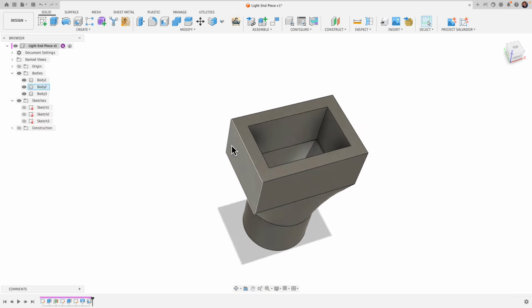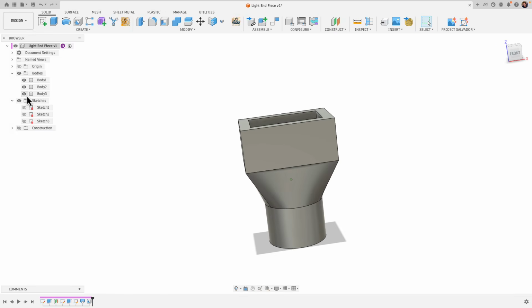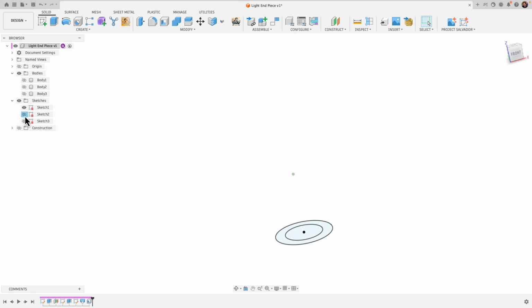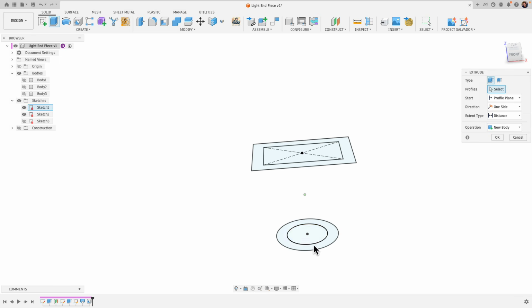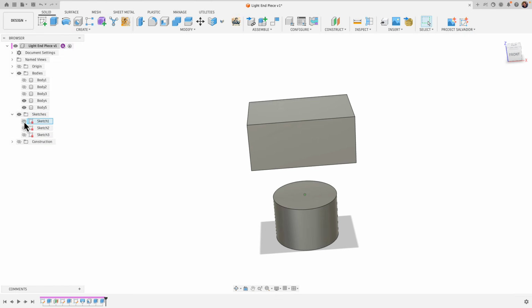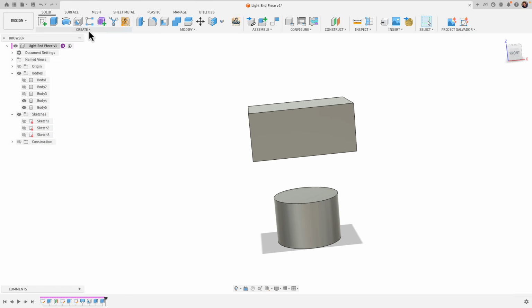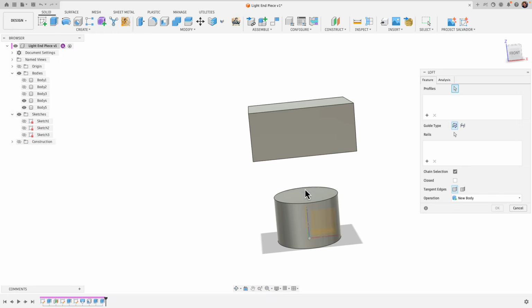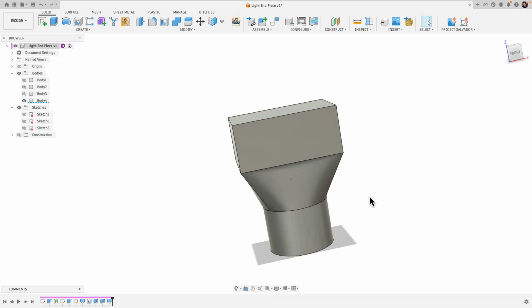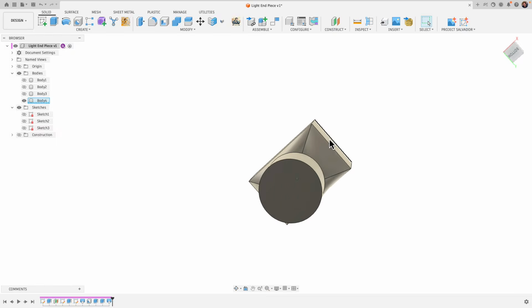If you're going to do this approach and you have these two profiles, what I would do is go back just to those sketches here. I would go ahead and extrude these, but extrude both profiles, the outer and the inner. Here, these had a 10 millimeter extrusion. I'll go ahead and do this one as well. And from these solid bodies, I would then create the loft. So we'll go to Create Loft, top of the cylinder, bottom of the rectangular shape, click OK. Now we have a solid shape all